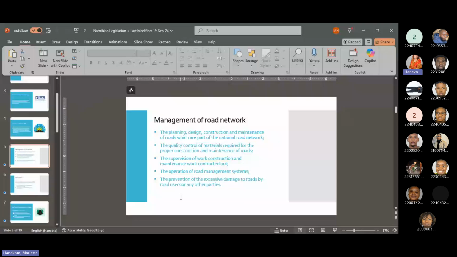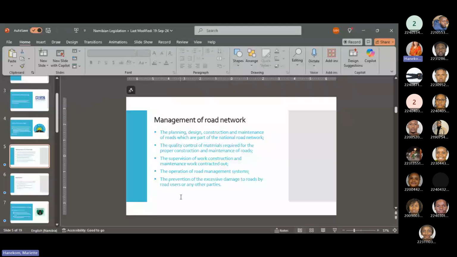They also have done their planning for the future projections, roads that are necessary to be built, etc. So they are in charge. But if it says planning, design, and construction, just be careful. The Roads Authority does not build roads. What we mean by management of the road network includes construction doesn't mean they're physically building the roads. They are in charge of making sure that these roads are built, but they appoint contractors to do the actual physical work.